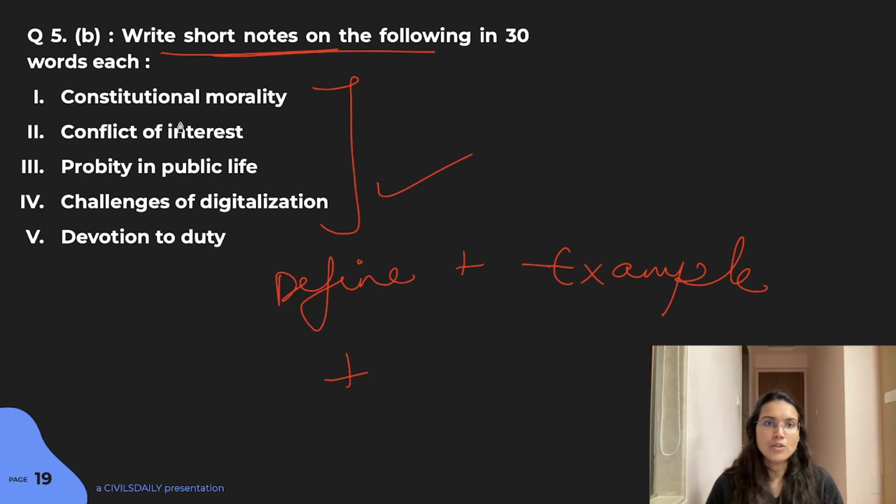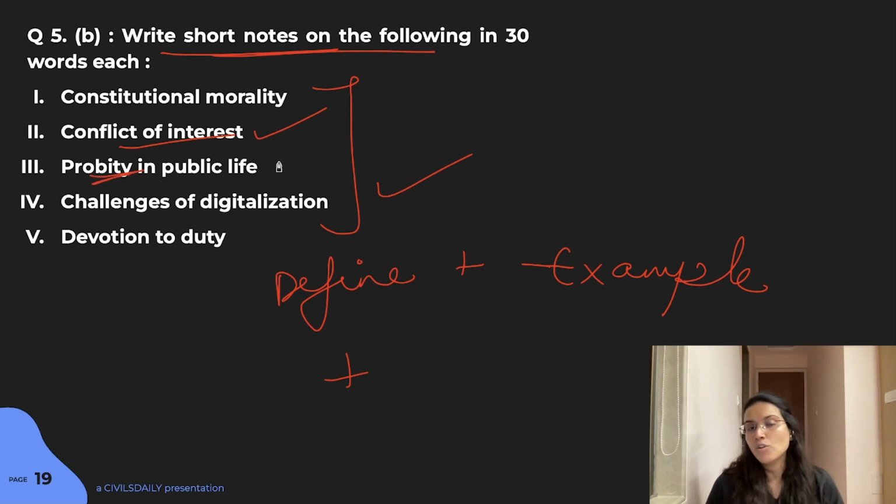Okay, for example, when you're talking about, say, conflict of interest, you can talk about how it is present in services. Okay, how on a daily basis we see conflict of interest in professional life or personal life. So 2 points. And the last point can be how we can resolve conflict of interest. Okay, so these 3 points can be done. So that is, I think, a good amount of content, half page content that you can cover in this particular answer.